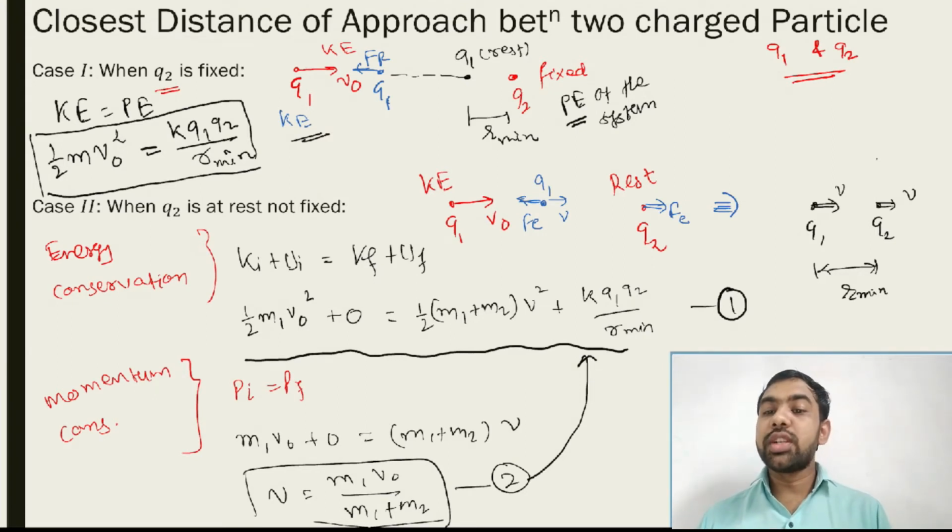And if q2 is also moving, then use the same method, energy conservation and momentum conservation. If q2 is not at rest and both are moving, then again you use the same method. The only difference is that K initial changes to 1/2 m1 v1 square plus 1/2 m2 v2 square, and P initial also changes to m1 v1 plus m2 v2. So the method does not change. That is a simple case. I am just taking simple cases, and this type of case is asked in examinations with some data. So you just put in the values and you get the answer. Okay, all of you note this, then after that we go to the next one.